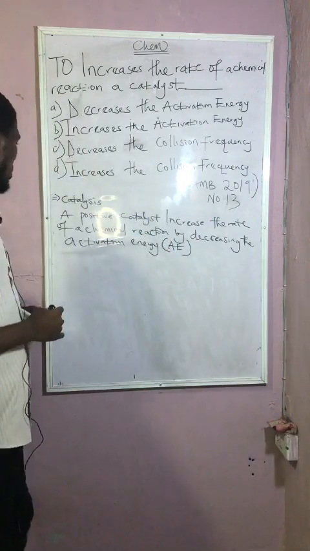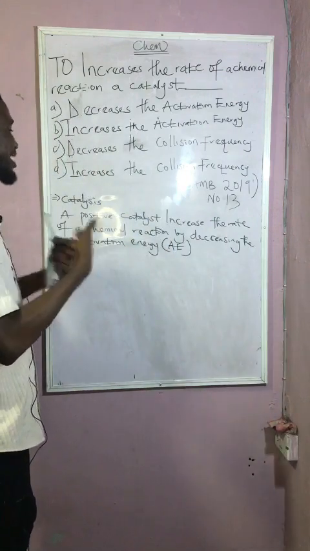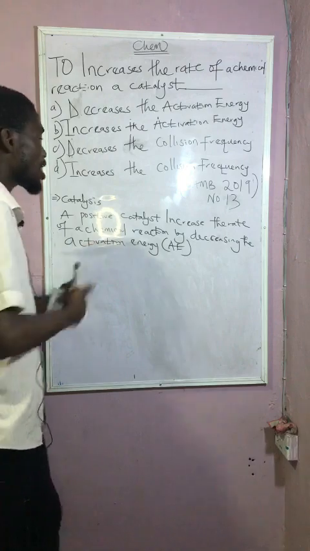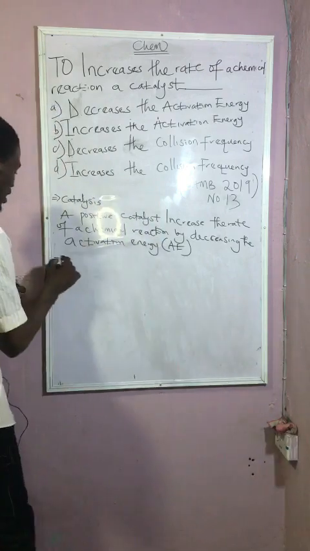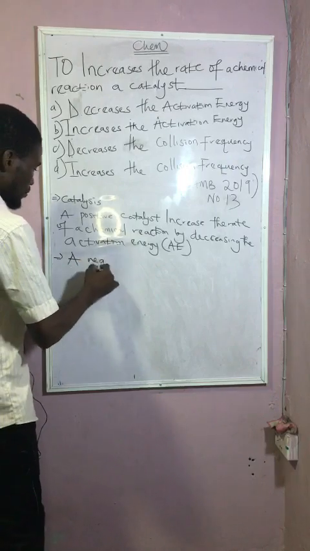Are you with me now, class? A positive catalyst increases the rate of a chemical reaction by decreasing the activation energy, while a negative